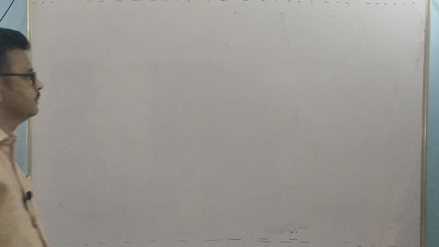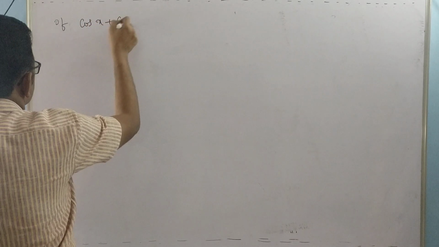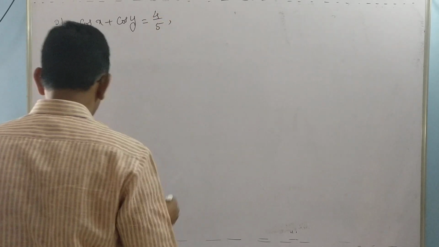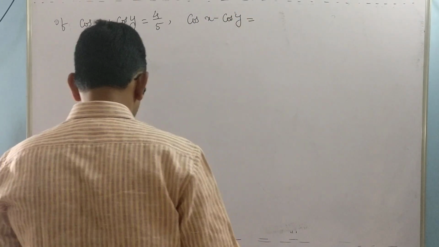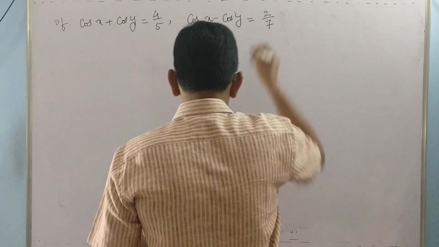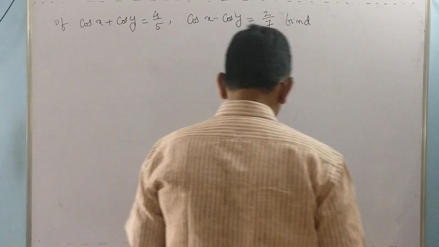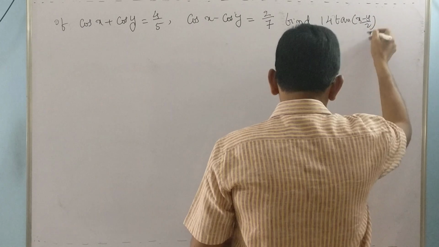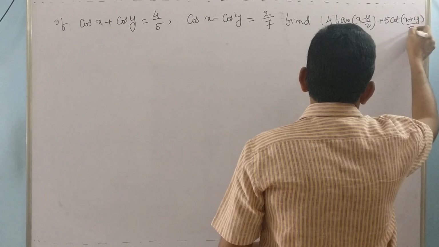Next one. If cos x plus cos y is equal to 4 by 5 and cos x minus cos y is equal to 2 by 7, not 5, 2 by 7, then find the value of 14 tan of (x minus y) by 2 plus 5 cot of (x plus y) by 2 is equal to